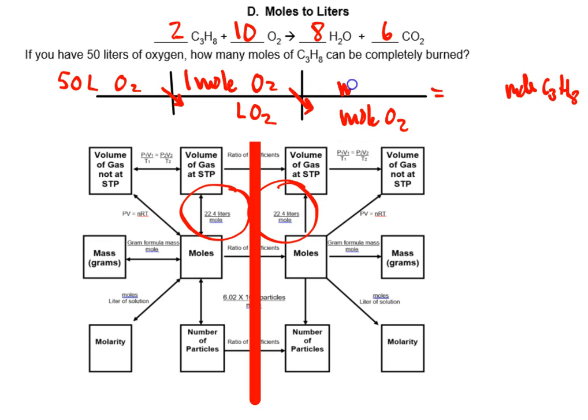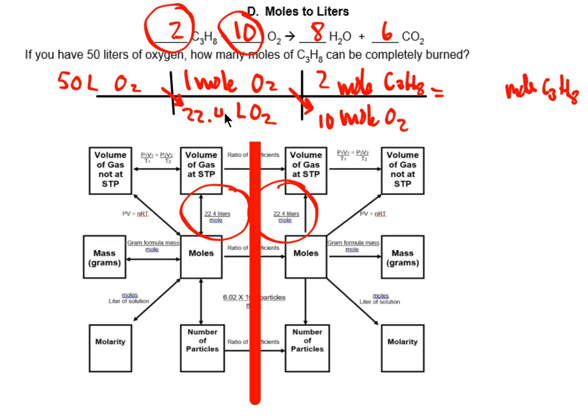Which means the top here must be mole C3H8. Then I plug in some numbers. The number in front of C3H8 is the number in front of C3H8. The number in front of O2 is the number in front of O2. Now, yes, feel free to reduce that to 1 over 5. That's just fine. Okay, then this number is always the same,